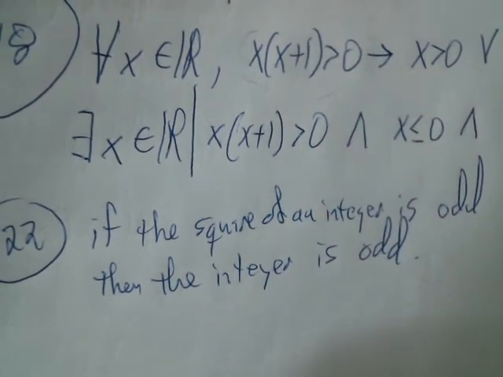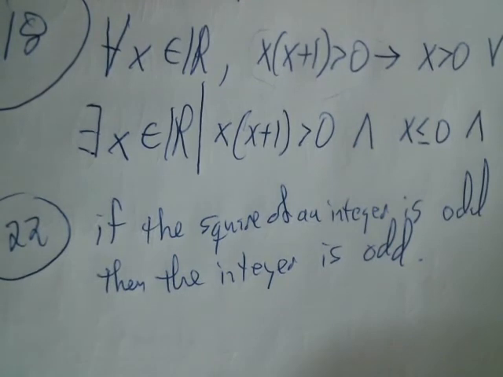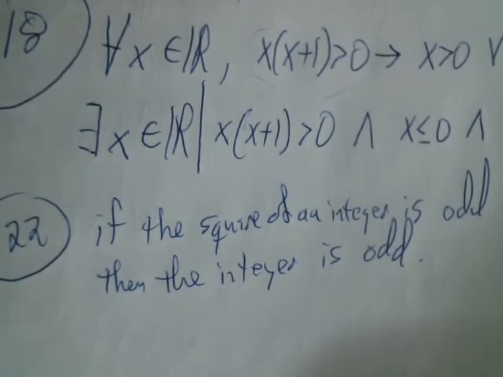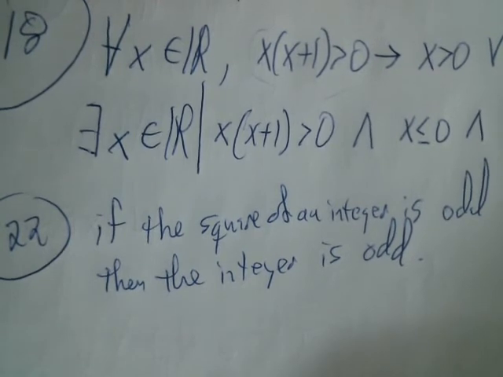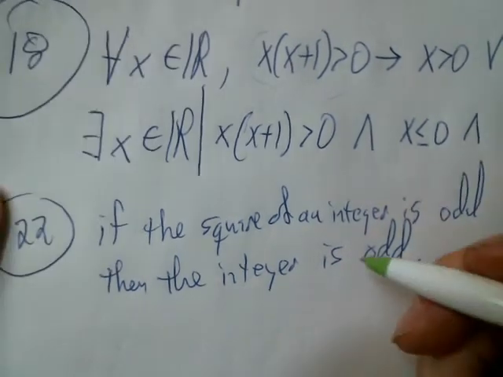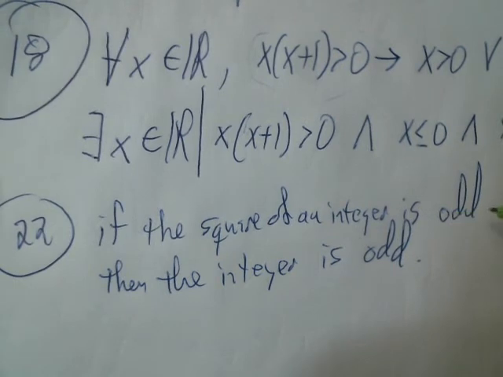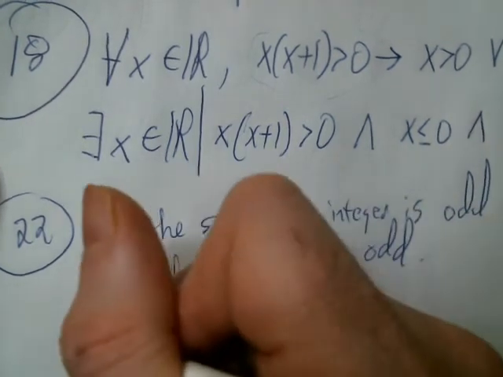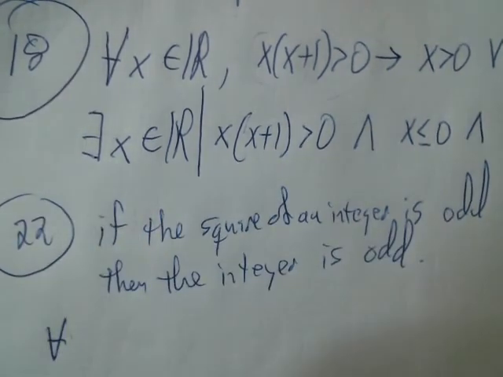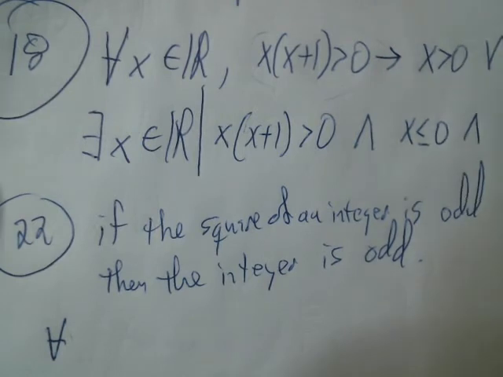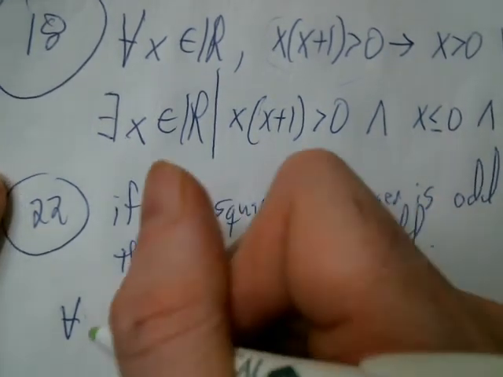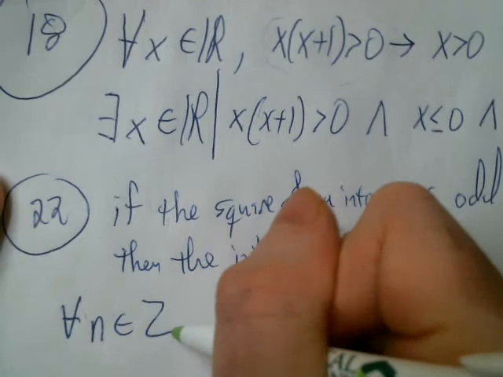Okay, so first I'm going to translate it into symbols, and then I'm going to negate it. That's a little easier for me to do than just working, again, with the English. Symbols are sometimes a lot better. So for all integers x, let's make it really symbolic, right? So for all n in Z,